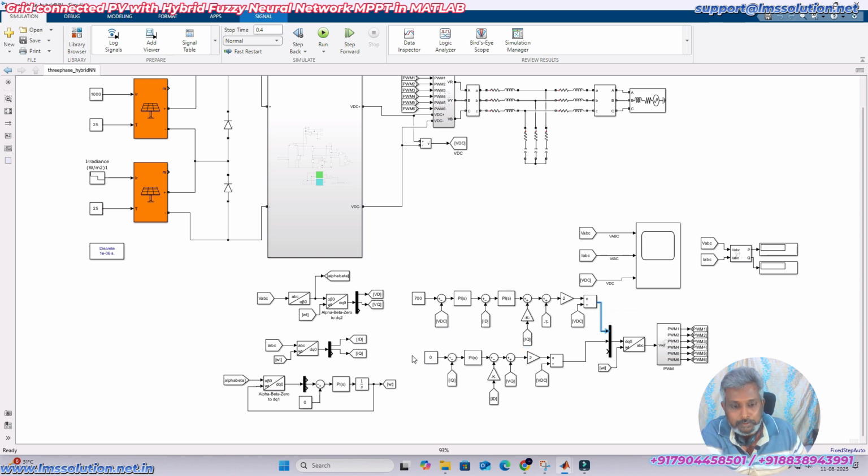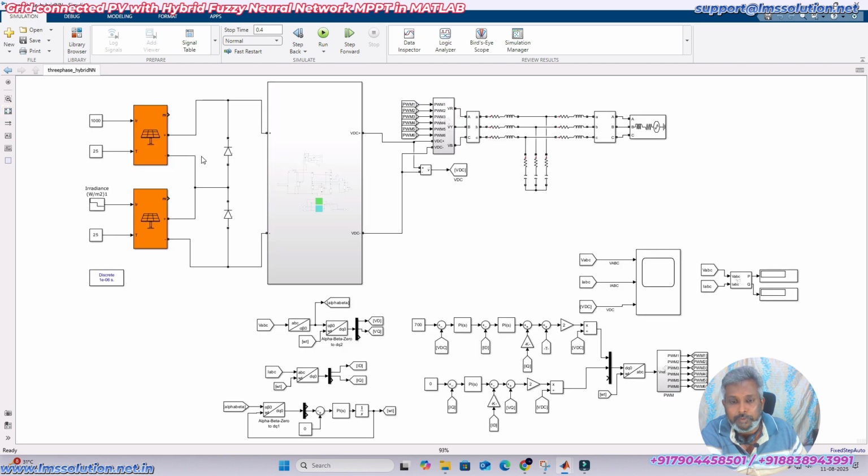Okay, so next you have to use the Q axis control. Whatever power we are generating from the PV will be sent to the grid as real power. So we are not controlling the reactive power. We are making the reactive power 0. That means the IQ reference will be 0 and it is going to be compared with the IQ,